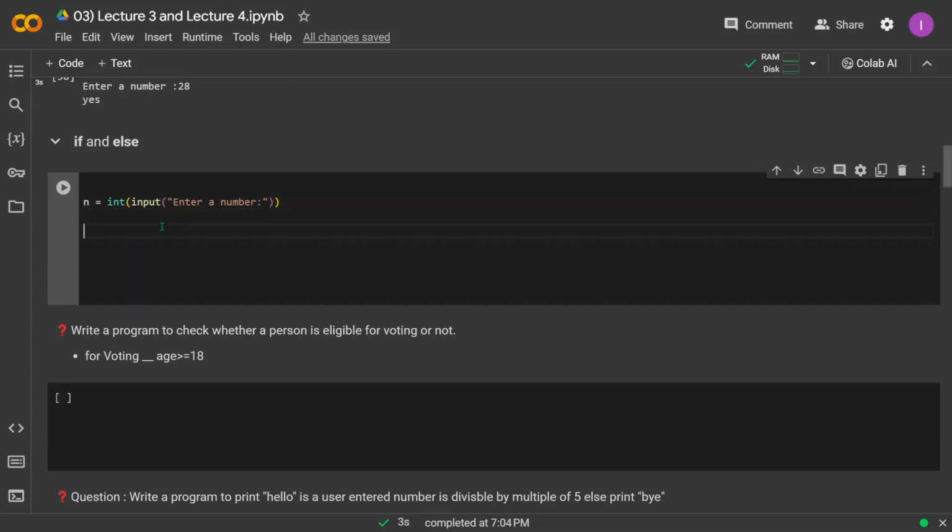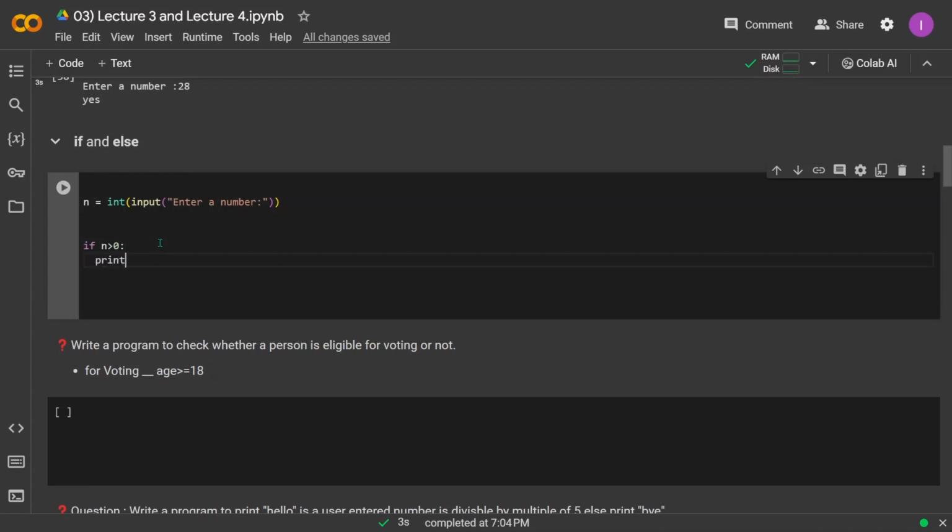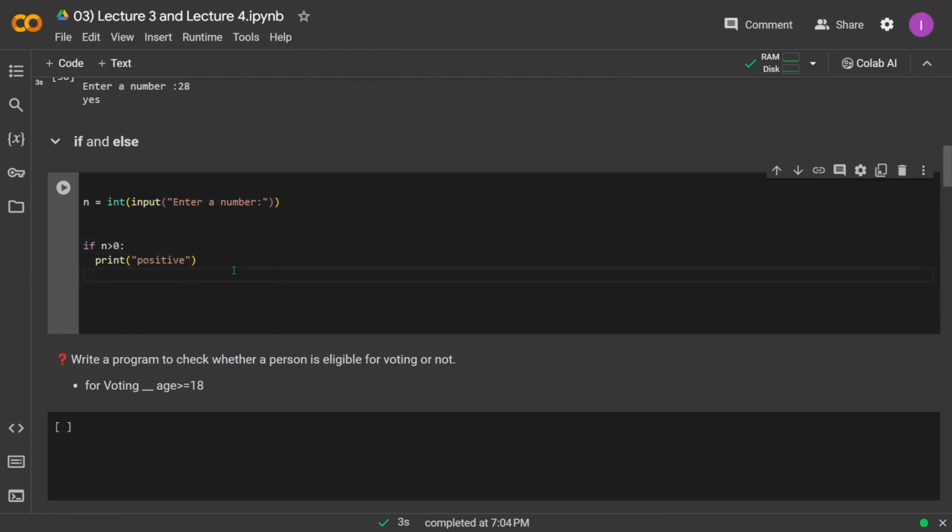What we will do now is, if the number is greater than 0, we will print positive, else we will print what? Definitely else we will print negative, right? So if n is greater than 0, what will we print? Print positive. If this is false, meaning n is not greater than 0, then what is the option? n may equal 0 and n may be less than 0, right? So what we will do is, else we will just simply print